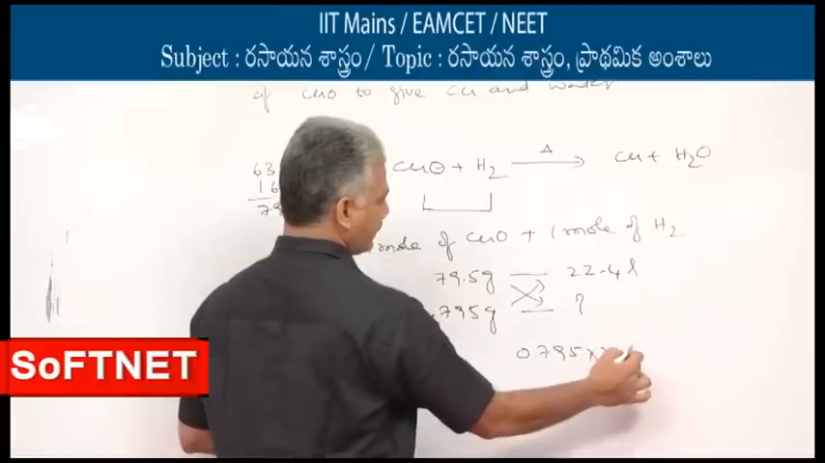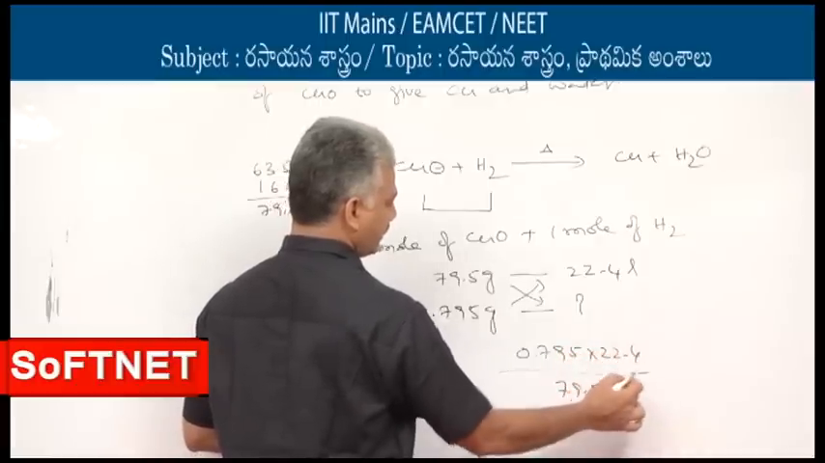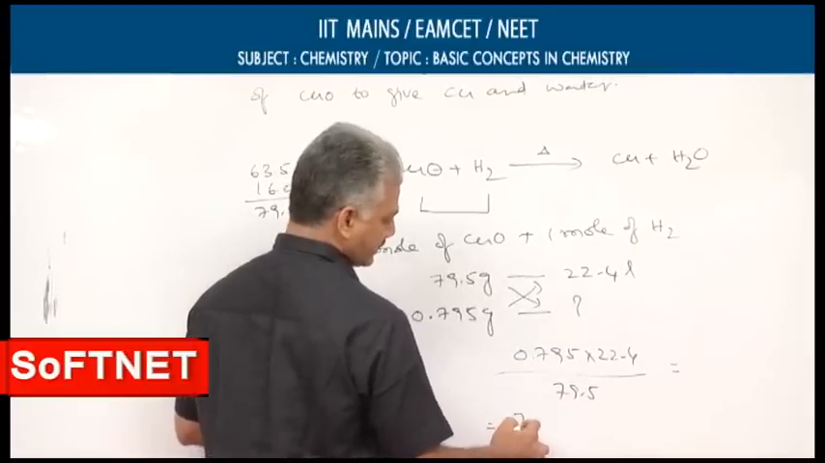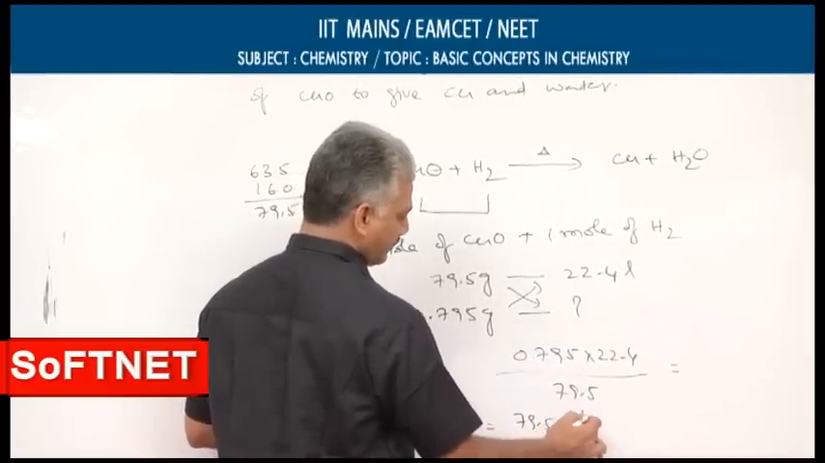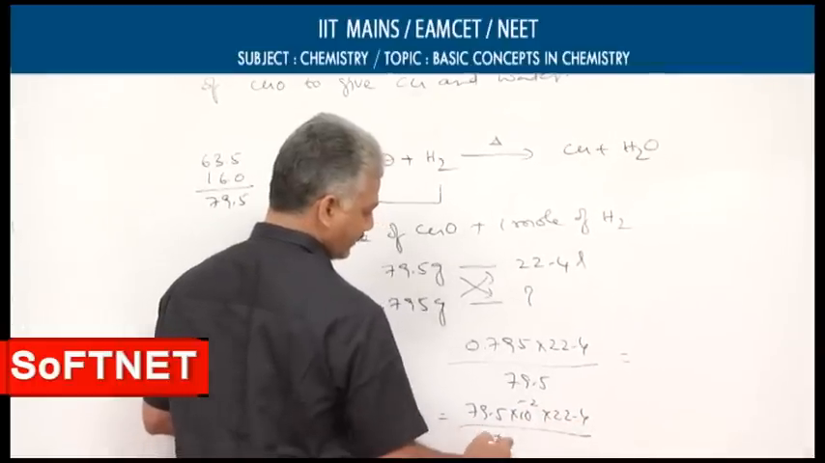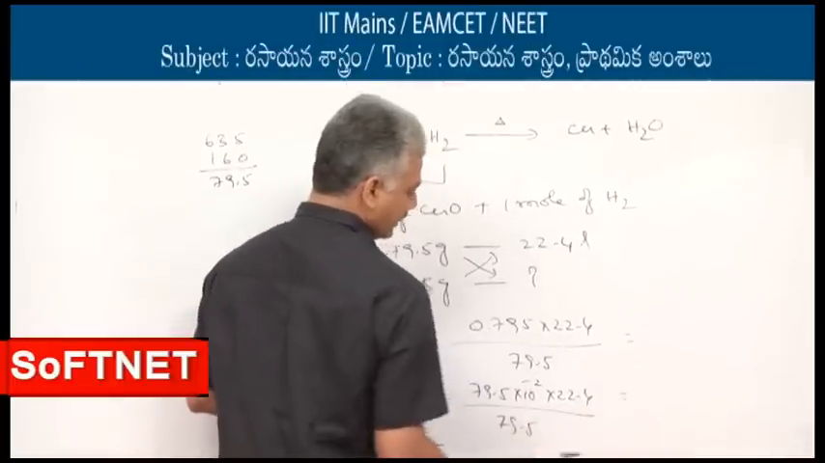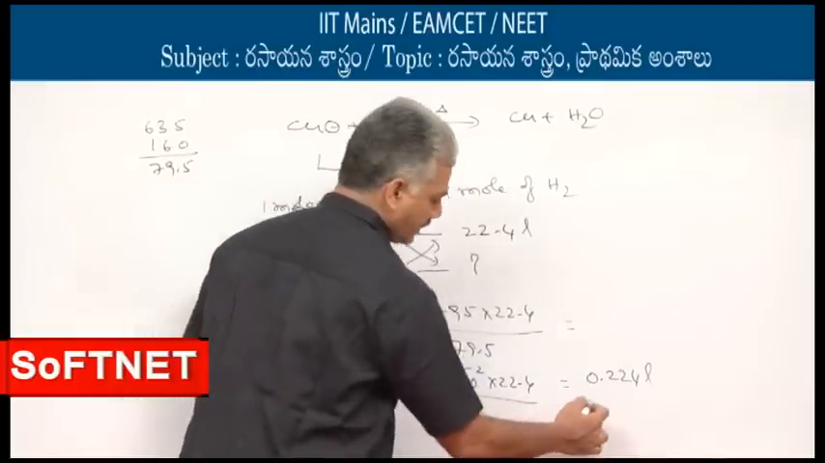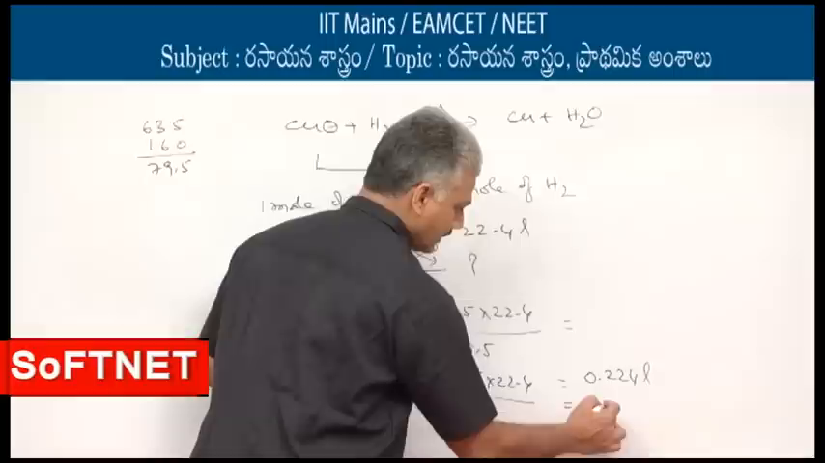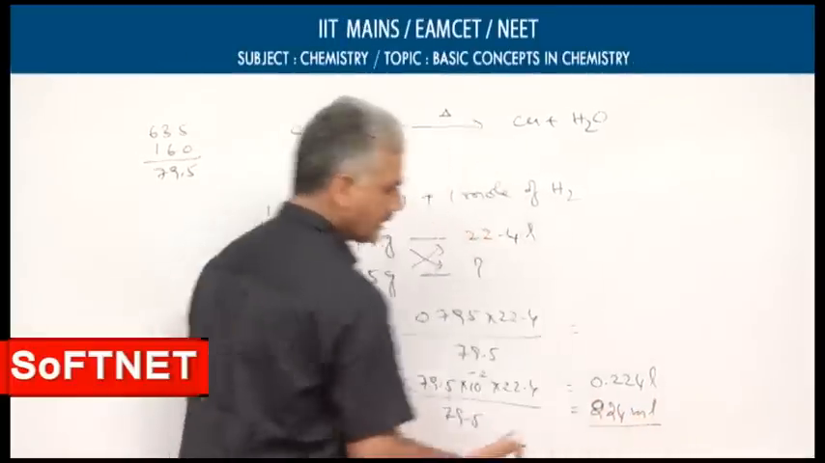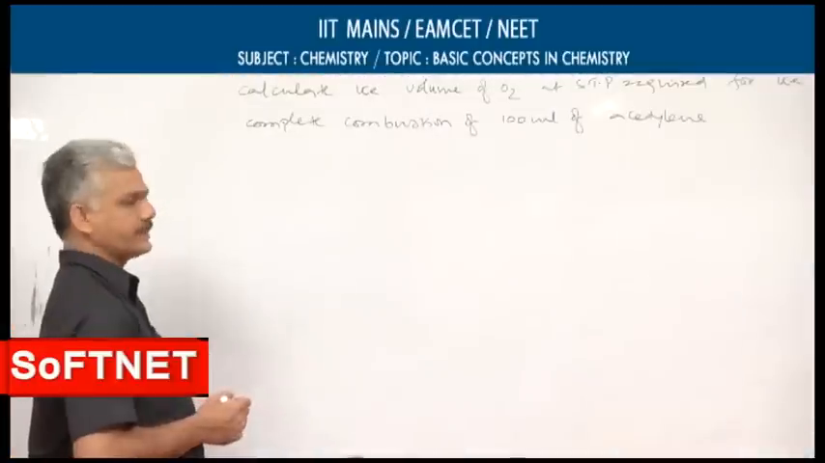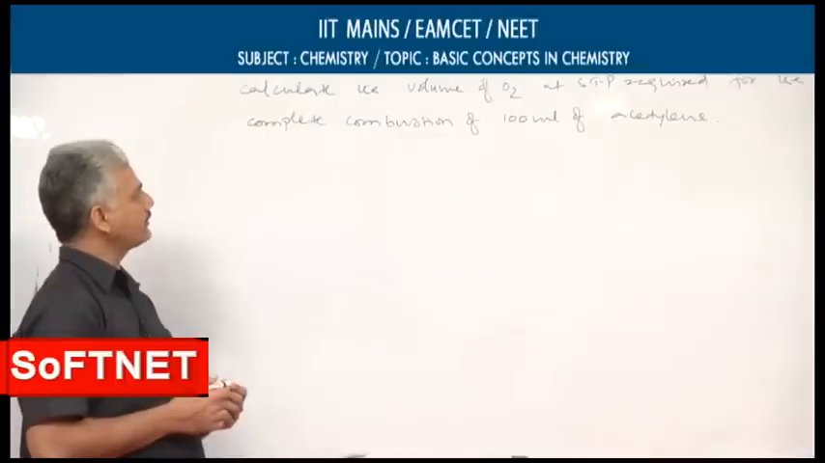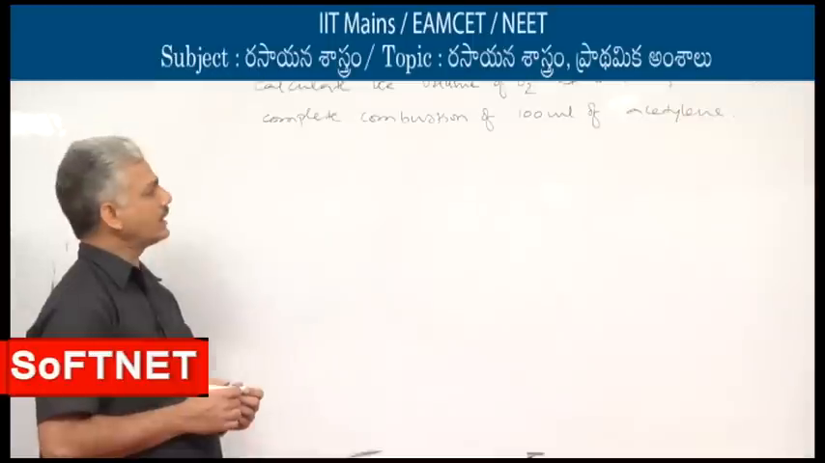0.795 into 22.4 by 79.5. So, this can be simplified as 79.5 into 10 power minus 2 into 22.4 by 79.5, that comes out to 0.224 liters, or you can convert it into milliliters and represent it as 224 ml. Now see this problem. Calculate the volume of oxygen at STP required for the complete combustion of 100 ml of